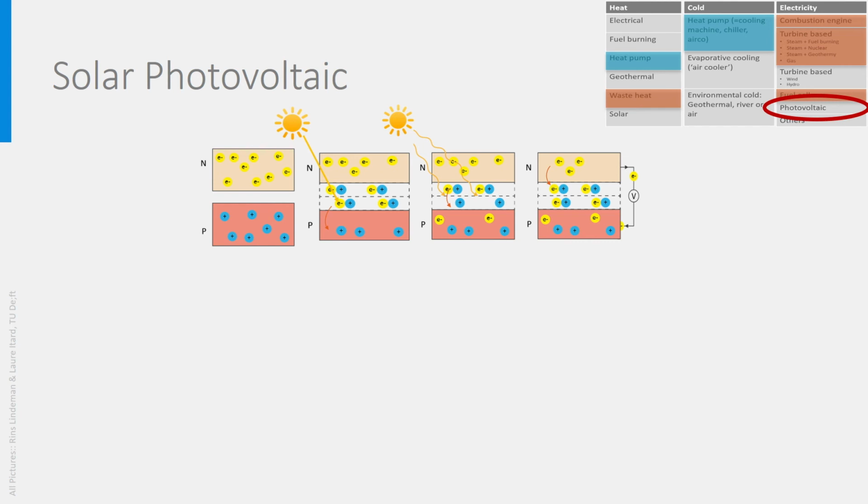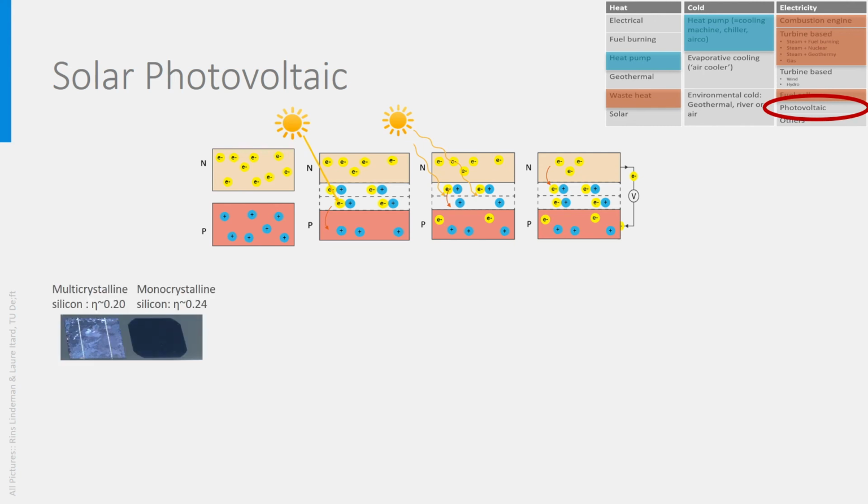There is therefore a continuous flow of electrons from the N side to the P side, and if you put a conductive wire between both sides, the electron will take the shortest way through the wire and you get DC electricity. The efficiency of PV cells is defined as being the electrical output divided by the incoming solar radiation.